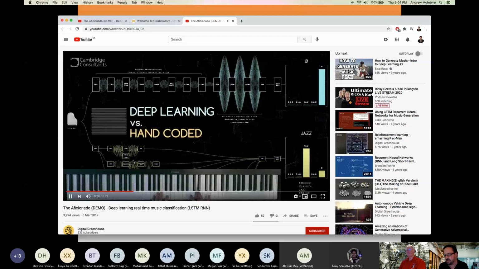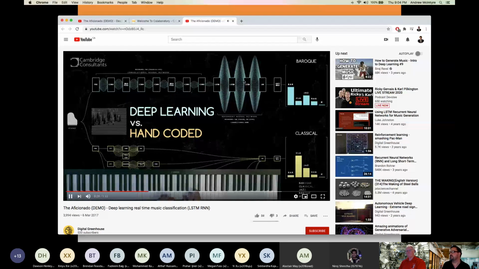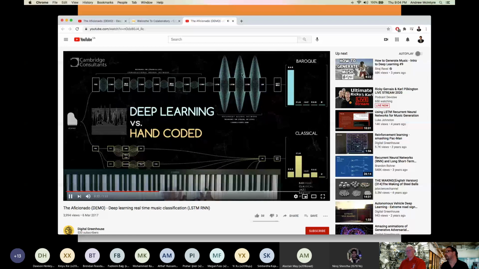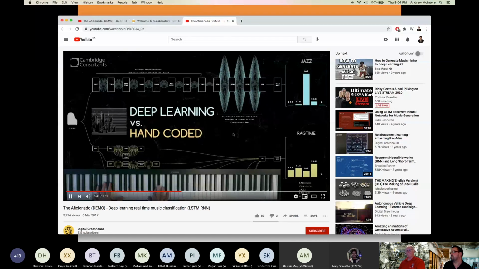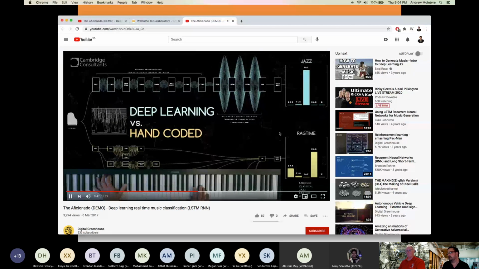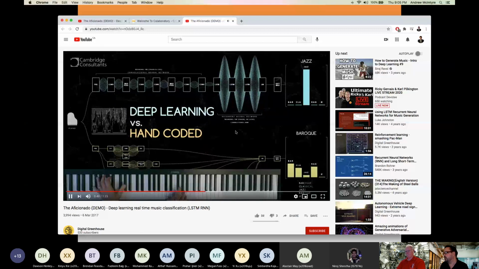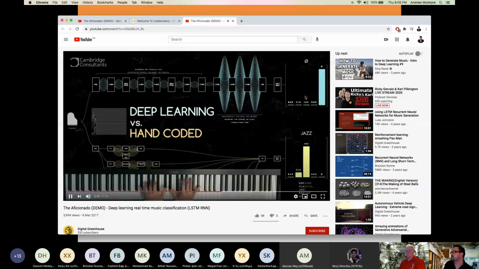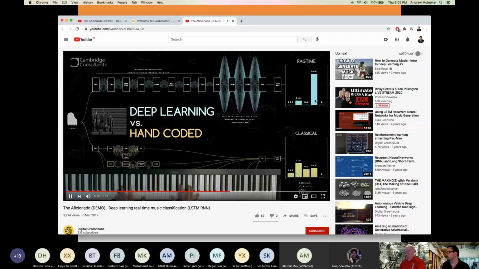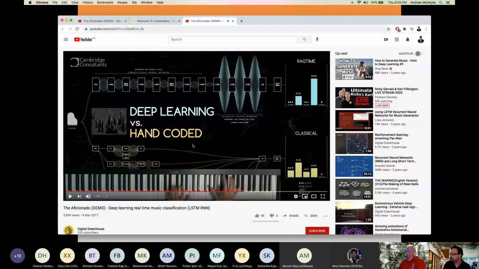So these are little experiments that were done to indicate the difference between what these long short-term memory modules are able to do versus the way a human might interpret these different kinds of music. But you get the idea. They very quickly do classification, and it's quite a strong indication that it's able to tell what type of music is being played. These are all trained with labeled data, and it can get on to a certain type and sticks with it rather than bouncing around like a human model might.